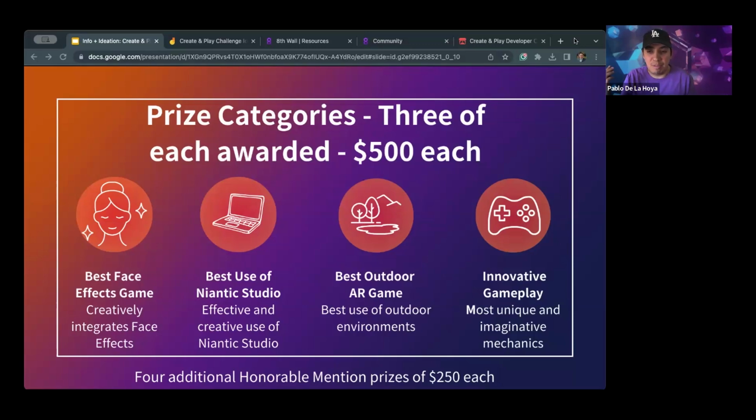It's actually the opposite. If you design something for this, you can also win the grand prize. In addition to these prizes, we will have 4 honorable mentions at $250 each on that front as well. So lots of prizes to go around. We're really excited about that to make sure that everyone participating has a good chance of walking away with something